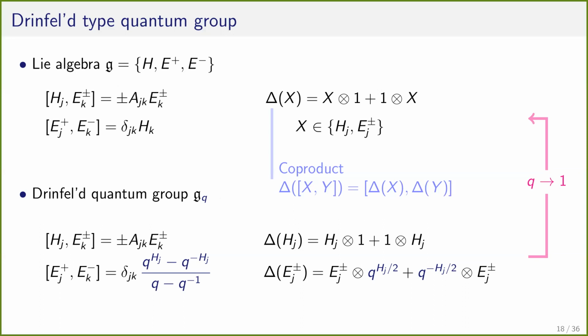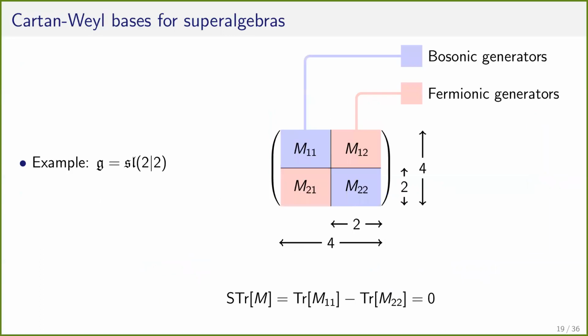And in order to highlight this, I will use a specific example of a supergroup or a superalgebra, namely SL2/2, which is kind of the minimal example. So let's consider SL2/2. You can think of that as being the set of 4x4 matrices with vanishing supertrace, and the 2x2 diagonal blocks here in blue are the bosonic generators, and the 2x2 off-diagonal blocks are the fermionic